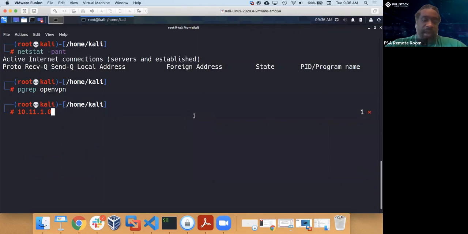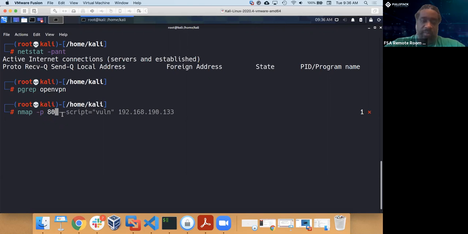Another way of saying that range of IP addresses is the subnet /24, where each of these four numbers represents 8 bits. So we're saying the first 24 bits, 8, 16, 24, will remain static, and only the last 8 bits will change. And these last 8 bits will be from 0 to 255. So what I want to do is nmap